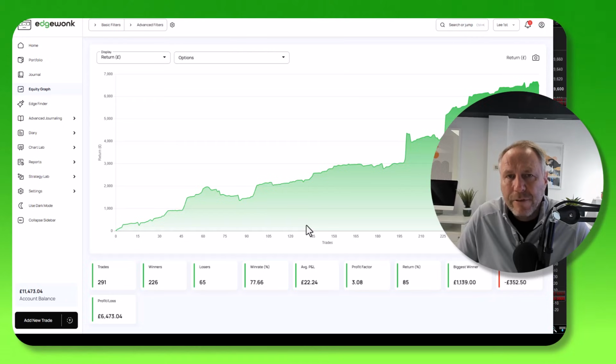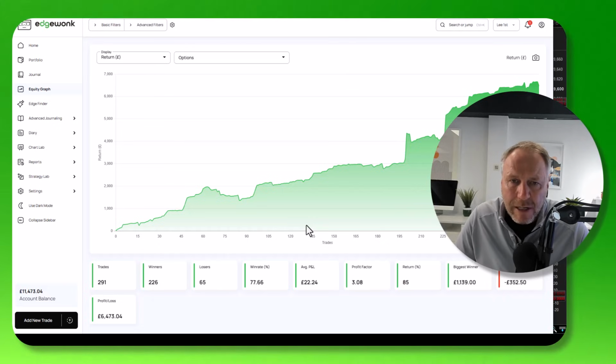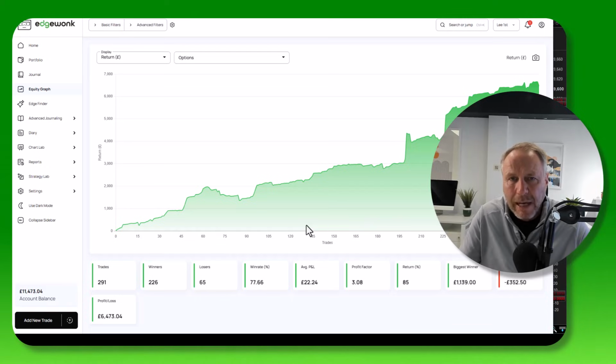Now let me say, guys, every single trader I know, including myself, has done exactly the same thing. You're not a bad person. You're not a terrible trader. It's just at that moment, your behavior, your routine, something happened where you just had that red mist kicked in, an out-of-body experience which you've never had before, and you've just stayed in this trade and it's got worse and worse and worse. And so there's one thing I think you should ask yourself when you're trading, every single trade that you're in. I'm going to dive into that right now.